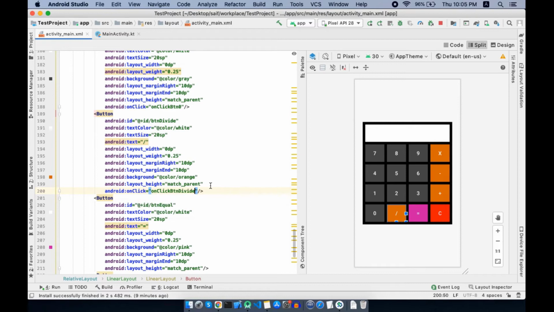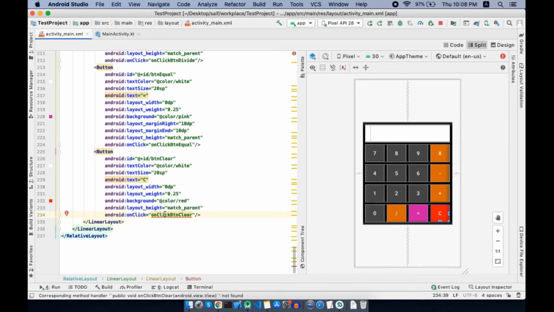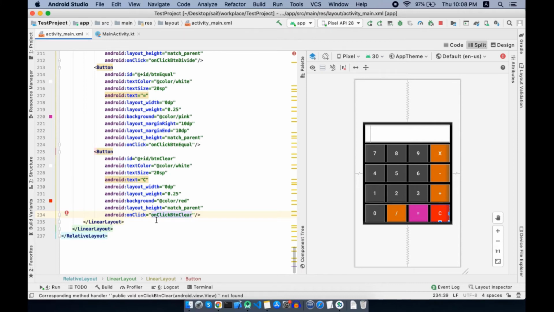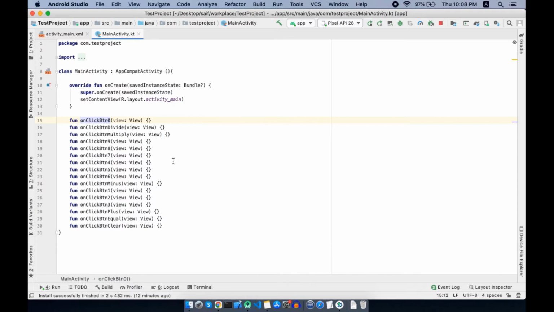On click btn divide. We have set click listeners on all of our buttons, and if we go to the Kotlin file, we can see all the functions are auto created by Android Studio.